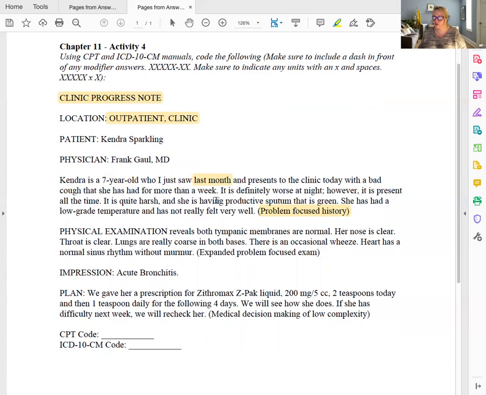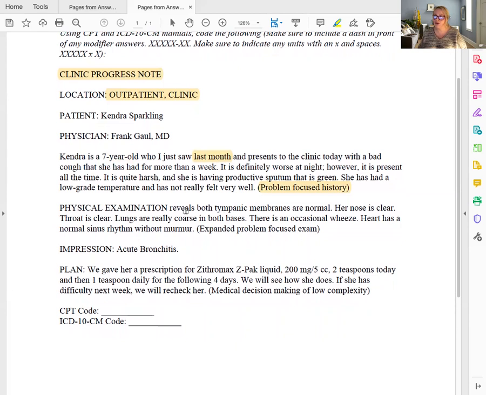Was there any additional complications that we maybe looked at? And the fact that they're established. The physical exam now reveals that both tympanic membranes are normal, her nose is clear, her throat is clear, but her lungs are really coarse in both bases. There's an occasional wheeze, and her heart has a normal sinus rhythm without murmur, which is documented as an expanded